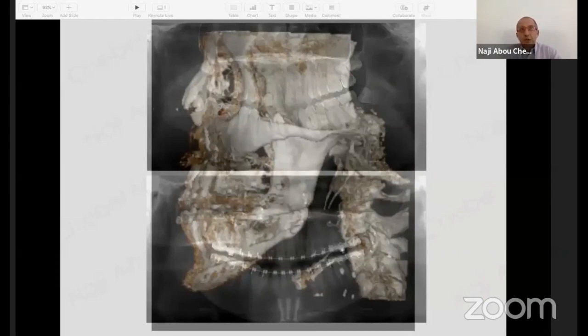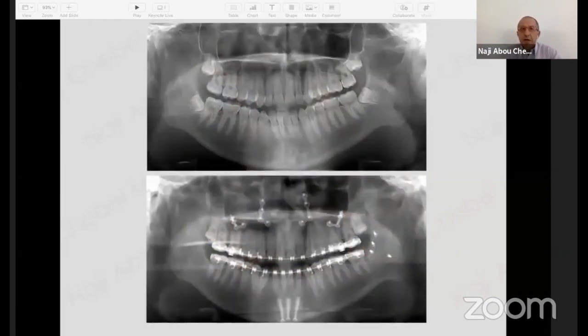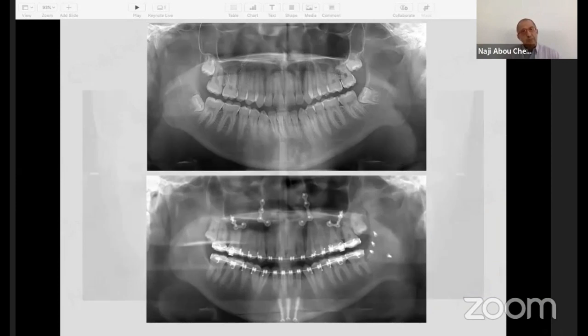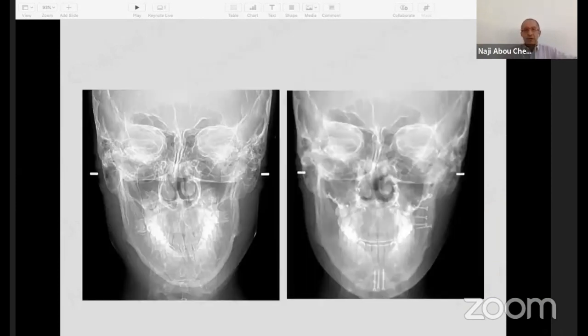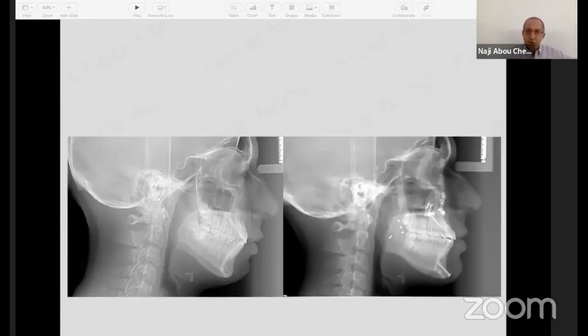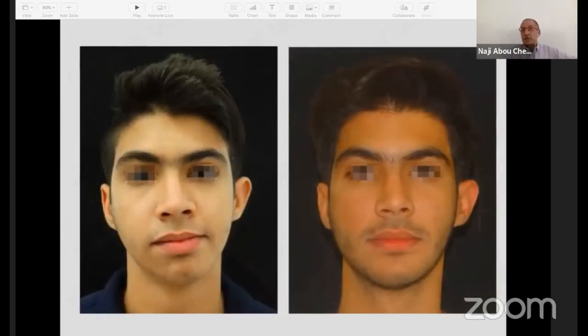For this patient, this is the panoramic of the patient before, the panoramic after, and you can see clearly that the lower border is left intact to prevent having this stair step, the notch on the lower border that bothers some patients. So this is the PA ceph of the patient before and after, the lateral ceph of the patient, and the picture. And you can see that we can correct